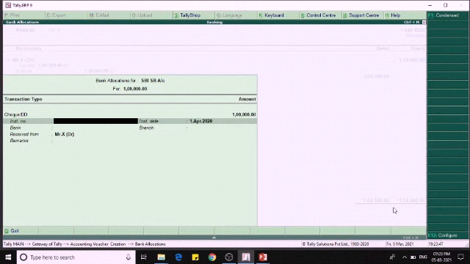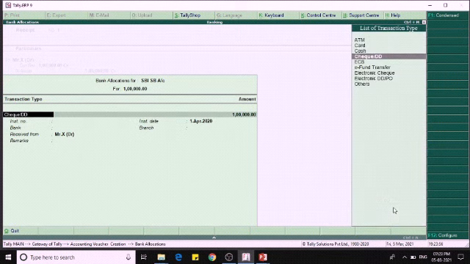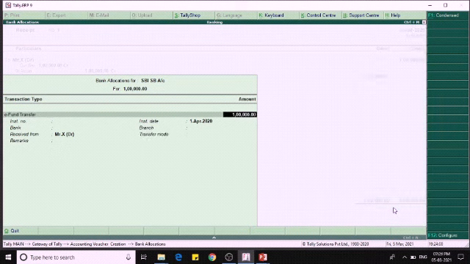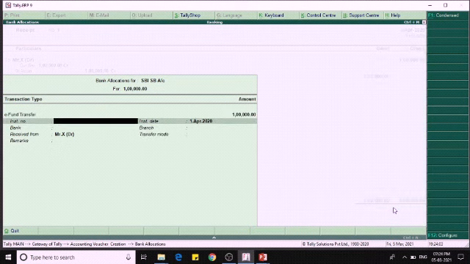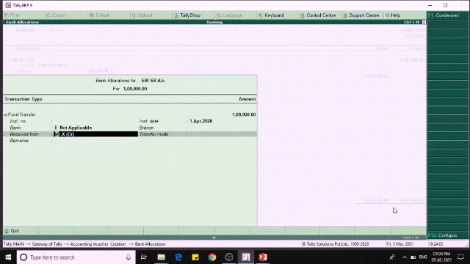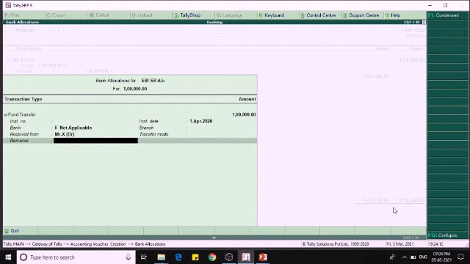Transfer mode will be available when selecting the bank transfer transaction types. Okay. Like electronic fund transfer, we can change the transfer mode, whether NEFT or RTGS. Though we are in the educational mode, we can't set the transfer mode. So this is how we can enter the details in the receipts voucher.